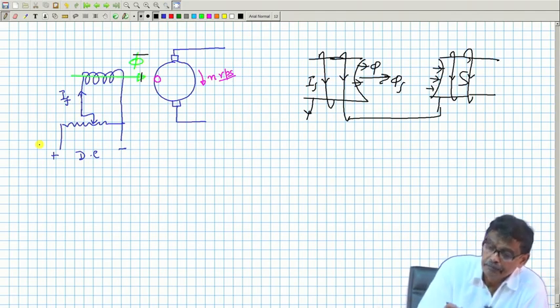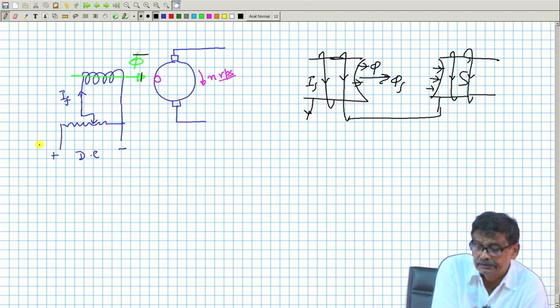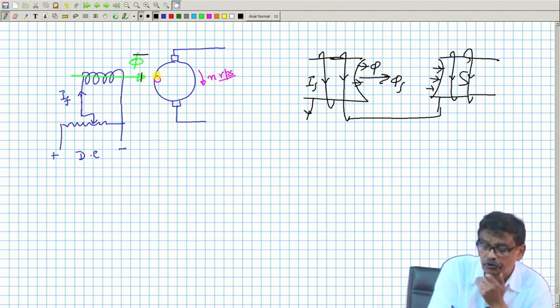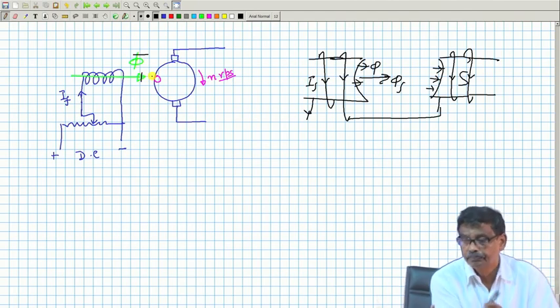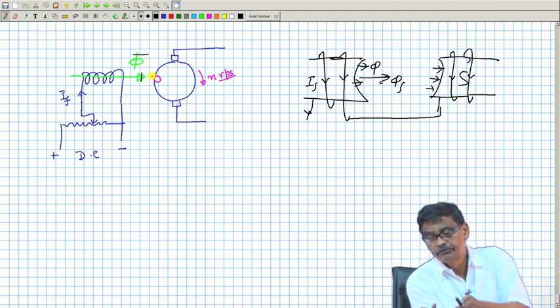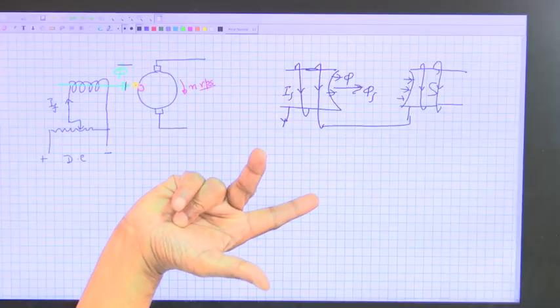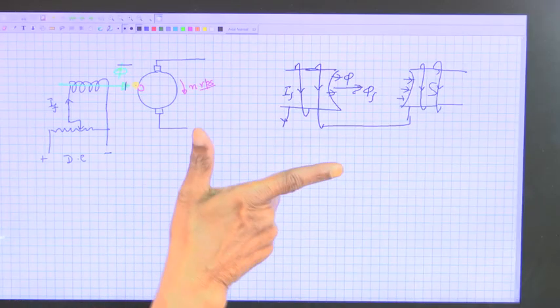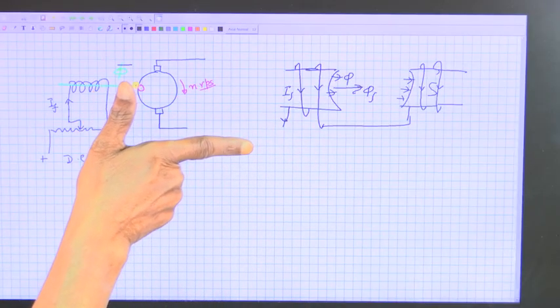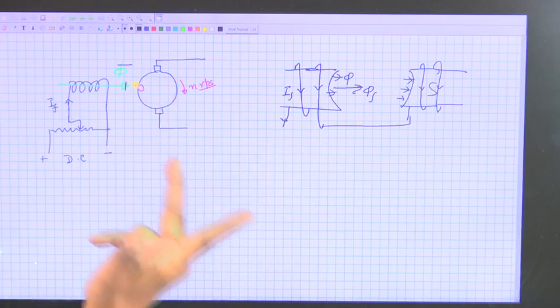Now, what I am telling in this diagram, so this is right hand rule I will apply. What will be the polarity of this induced voltage? It will be right hand rule B, that is from left to right. Okay. This is the B, and direction of rotation is like this. So, this is the right hand rule I am applying. B